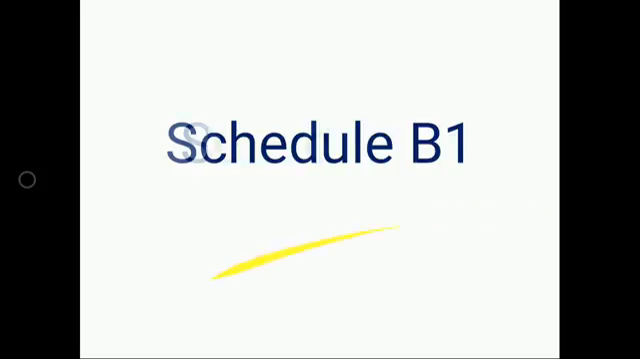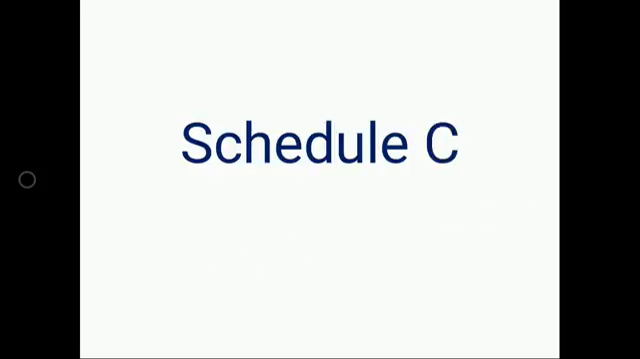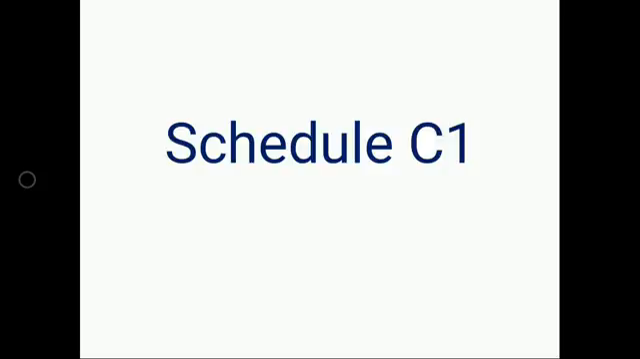The next schedule is schedule C, which mentions the list of biological and special products whose import, sale, distribution and manufacture are governed by some special provisions, right? The next schedule is schedule C1, which enlists the other special products whose import, sale, distribution and manufacture are governed